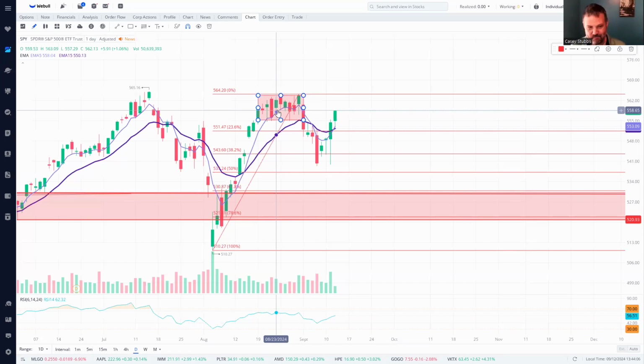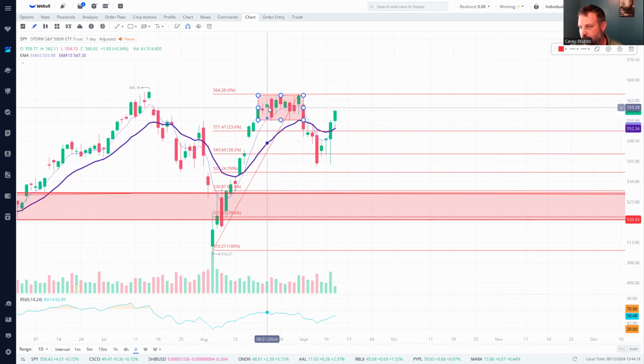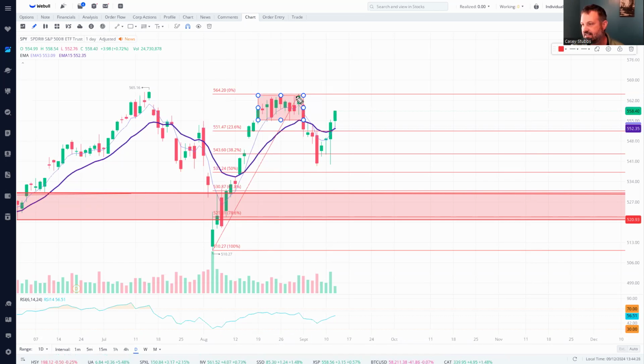You got the lotto, and what does everybody do when the lotto's a lot of money? It takes time, and it builds up and builds up, and eventually it's like $1 billion. Well, that's what's happening in here. People are adding buys, they're adding sells, and all of a sudden there's a ton of money in this little box. It's a ton of liquidity inside this box, and it's going to break. It's going to blow, and when it does, you're going to have a nice move in one direction or another. And so right here,